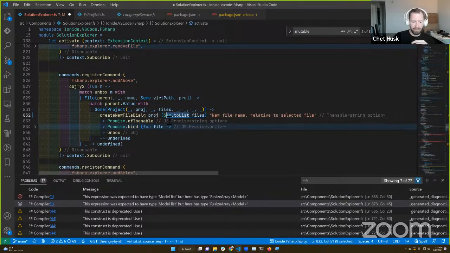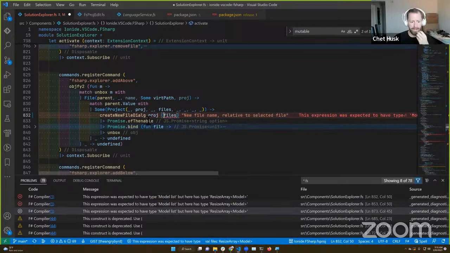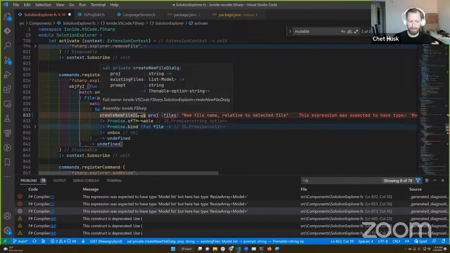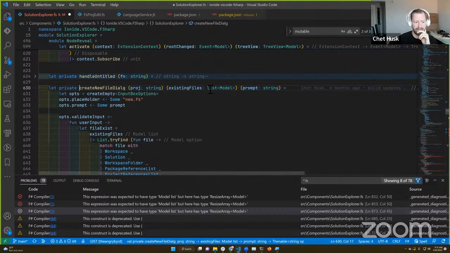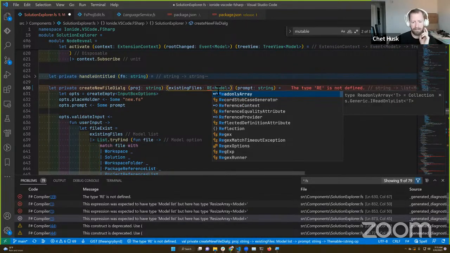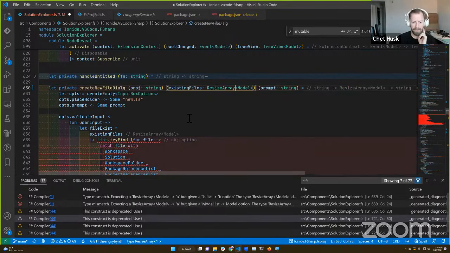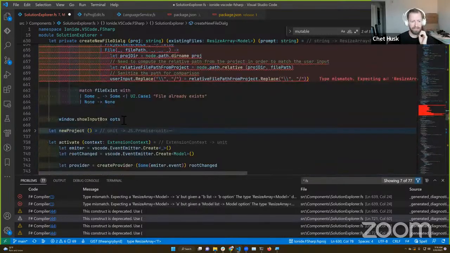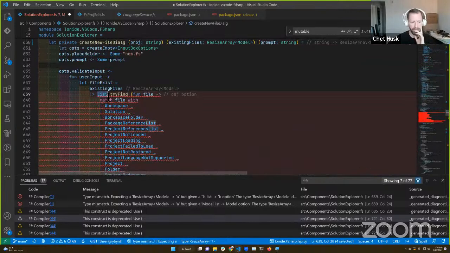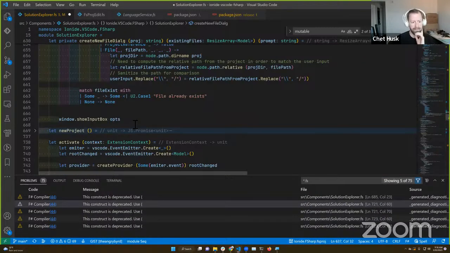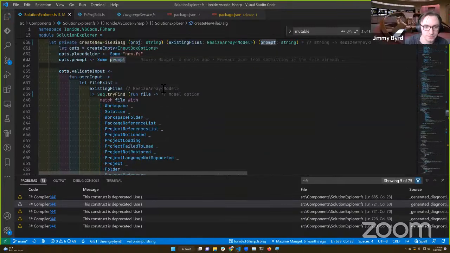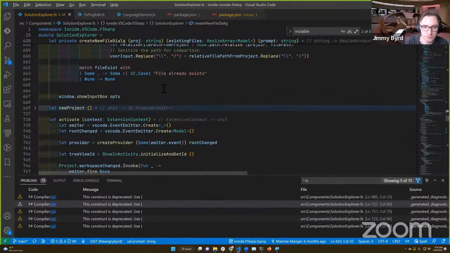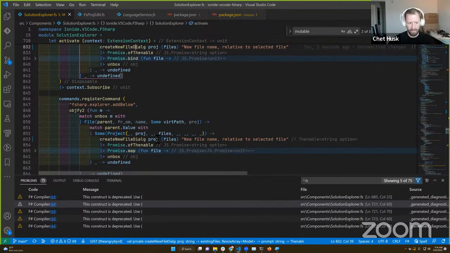I would rather just change create new file dialog to take the resize array. Because I don't really think much of the code here will change. We'll just seq.tryFind instead, and then boom. Ta-da. Yeah. All right. Sweet. Okay, we're green.